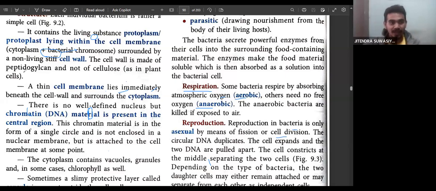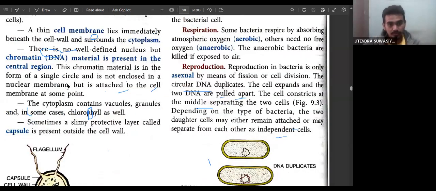Okay, then we have reproduction. Reproduction in bacteria is only asexual, by means of fission or cell division. As we know, in the whole world there are two types of reproduction, asexual reproduction and sexual reproduction. In asexual reproduction there are many types: regeneration, fragmentation, binary fission, multiple fission, and